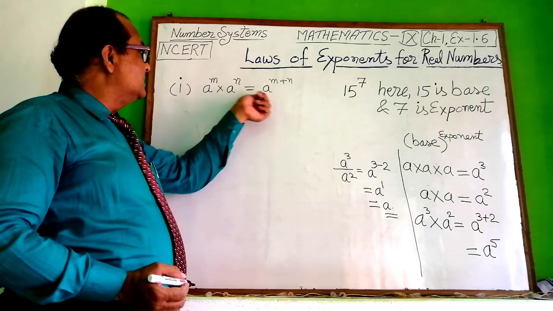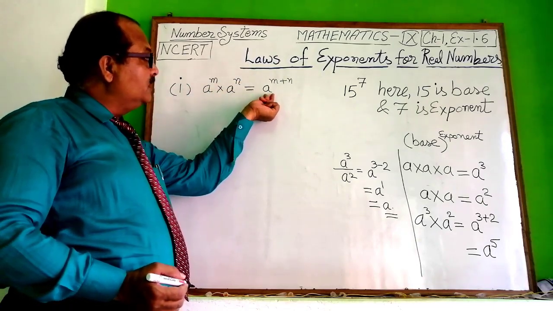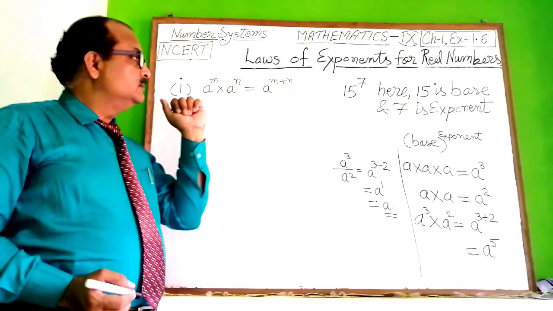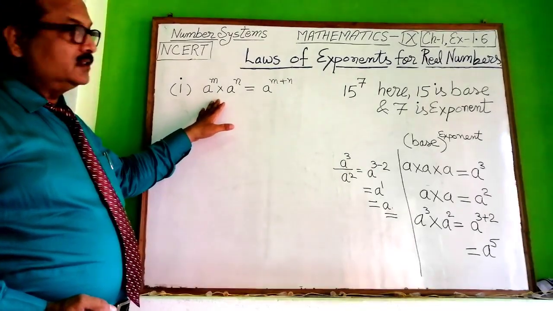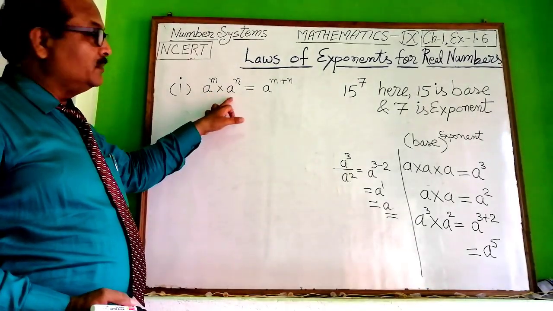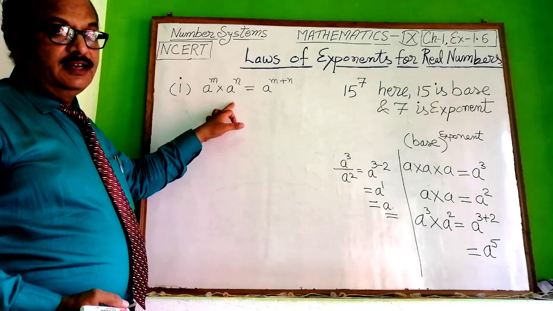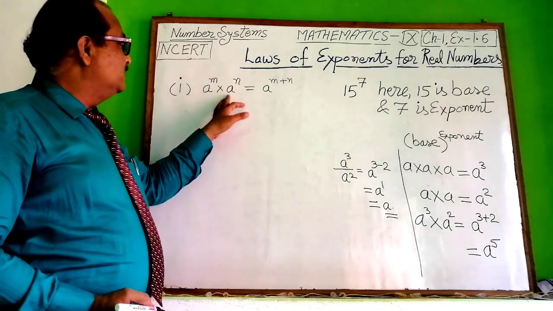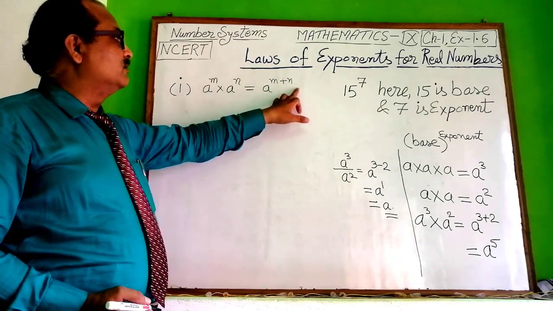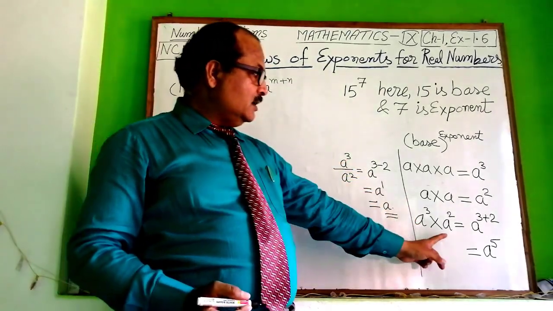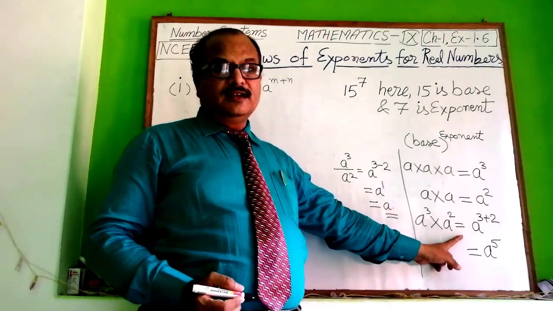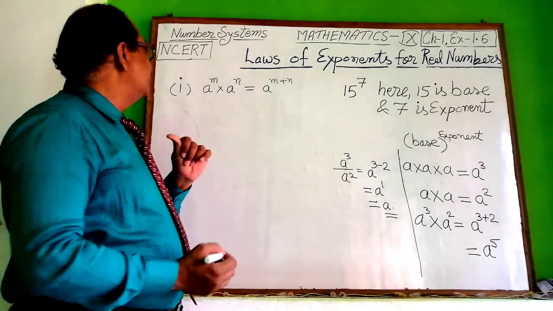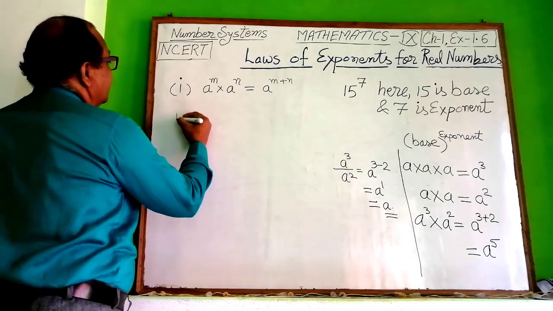We can write it as: when bases are the same, you keep the base the same and the powers will be added. यहाँ आप देख सकते हैं कि दोनों नंबर्स a बेस वाली हैं, दोनों का पावर एक में m है, दूसरे में n है, और जब हम इनका मल्टीप्लाई करेंगे तो पावर को ऐड कर देंगे, जैसा कि हमने यहाँ पर एक एग्जाम्पल लेकर क्लियर किया है। आइए एक और रूल हम बताते हैं, लॉ सेकेंड।